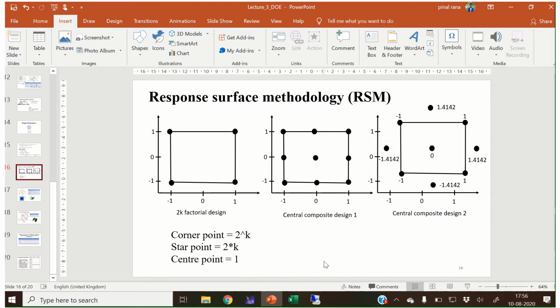Okay, so now we see the central composite design. Here I have shown two different kinds of central composite design. Here I just add one center level to the 2 raised to 2 factorial design, whereas I add a level on the outer side of the two-level variables. Now you must be thinking, how do we get this 1.4142 value?